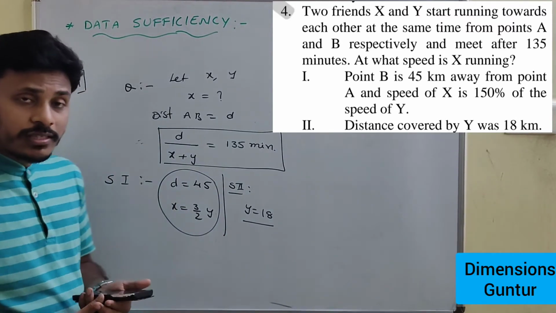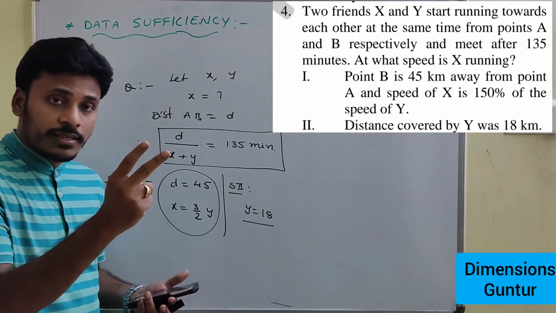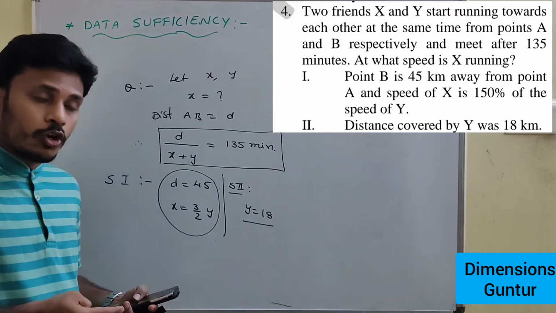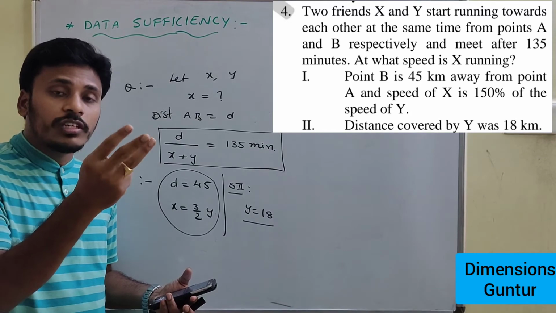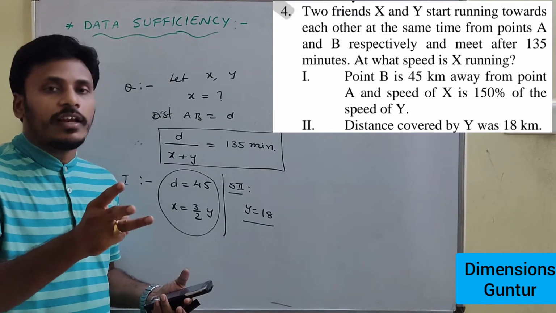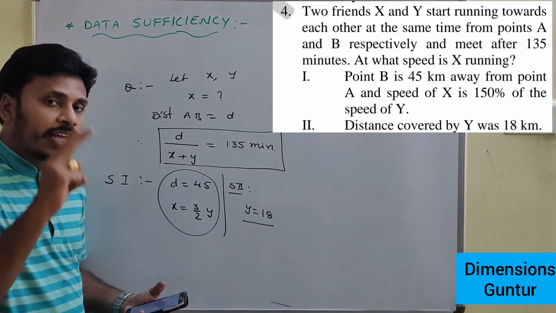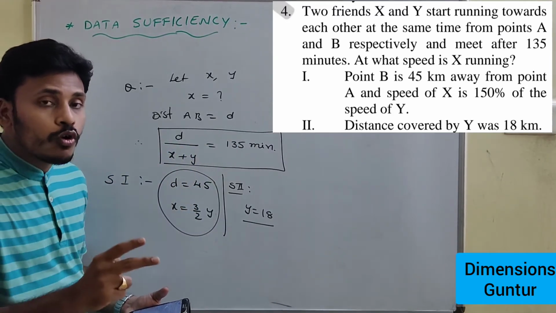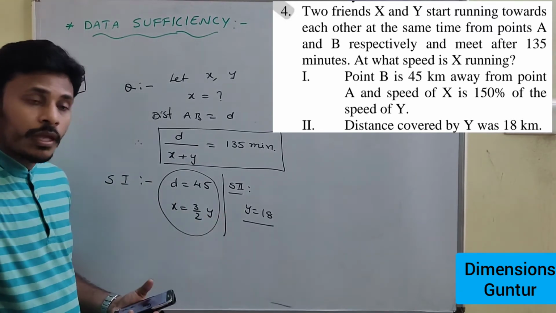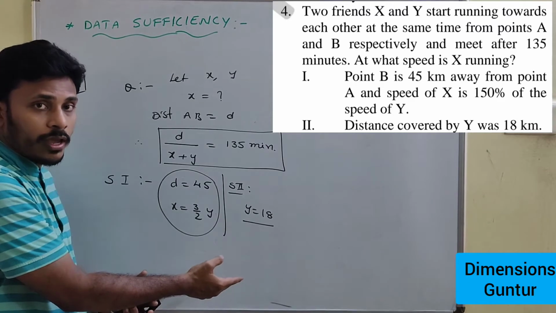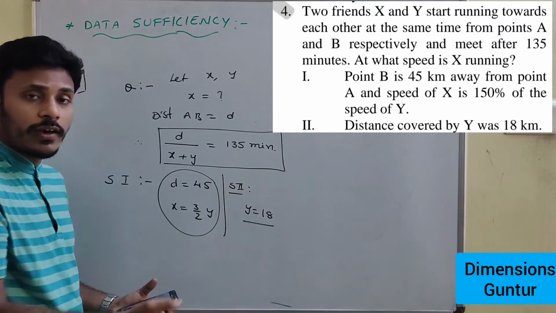Okay. Here if you think once, there are three unknown values. D, distance I don't know. X, speed of the first person I don't know. Speed of the second person y also I don't know. Since I don't know three values d, x and y, I need three relations. So one relation is there in the question itself, and I need two more relations. Those two more relations are available in statement 1 itself. No need of statement 2. If you use statement 2, then you have only two relations. You don't have the third one.